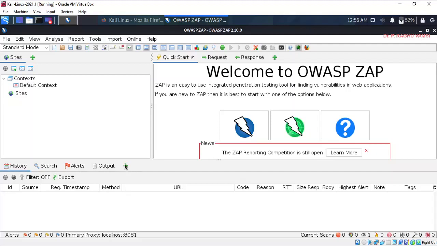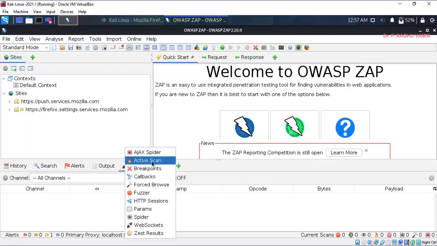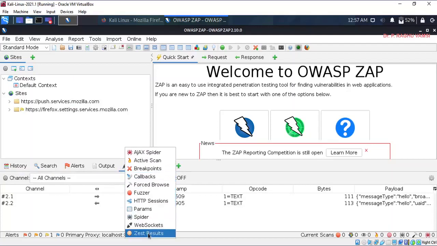So you will get some more options like proxy information, active scan, breakpoints. Like that, you will have many things that you are going to get here. Depending upon the work that you want to do, you can check for the tabs over here. Here, WebSockets, Spider, parameters, injecting of some parameters like that will be there.